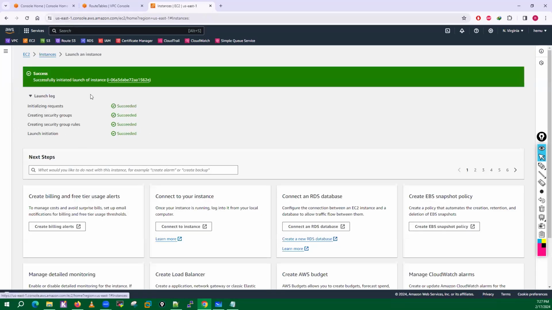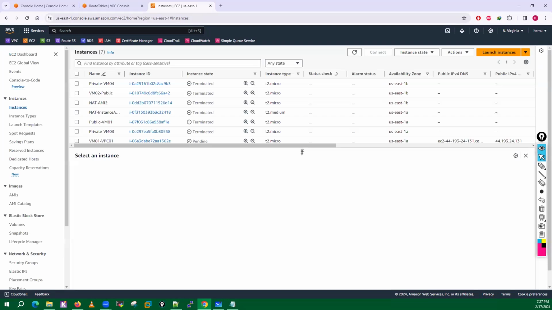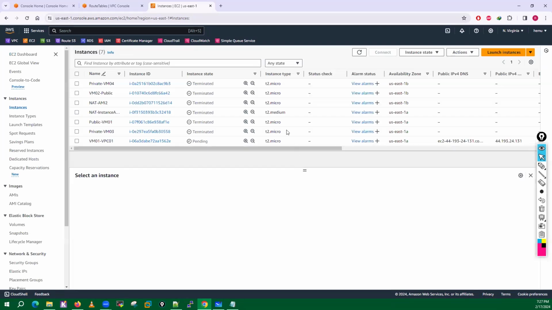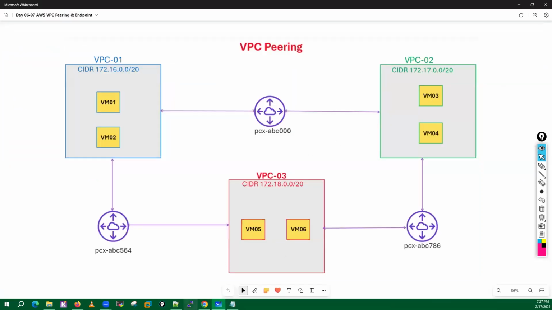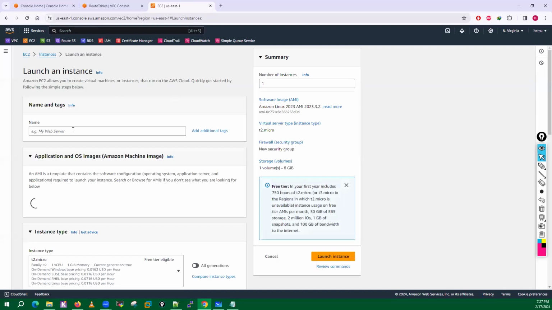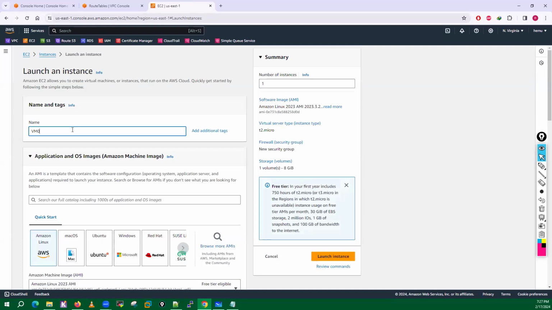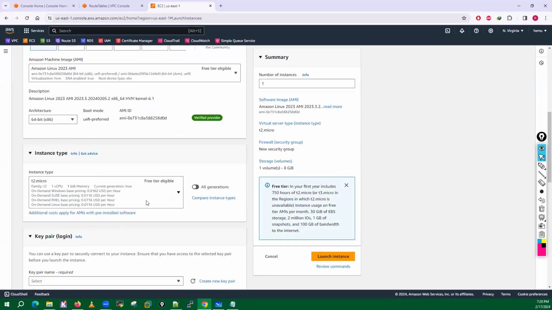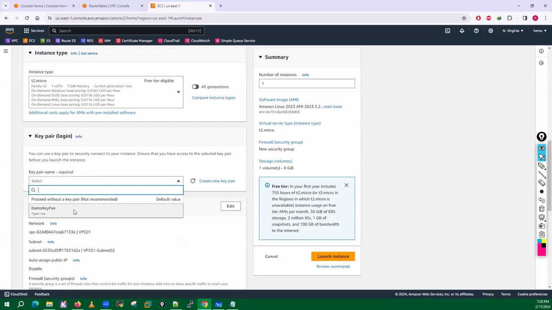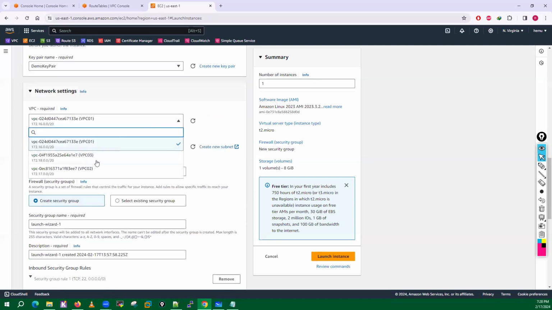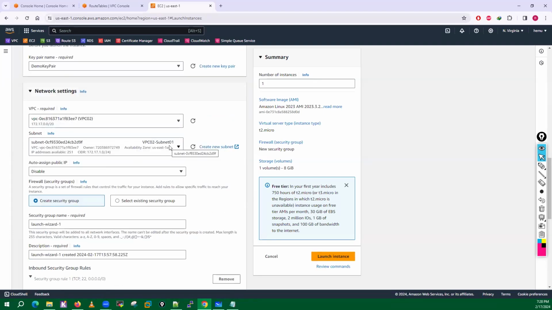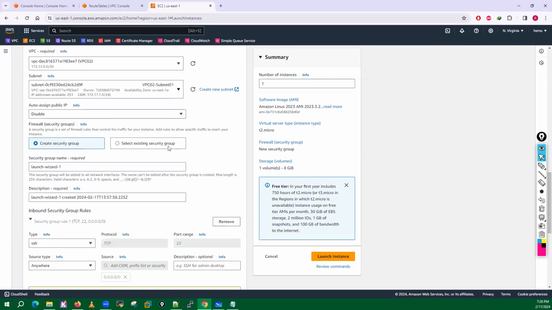So my one EC2 instance is launched, right? It is pending. Now let me deploy VM03 on my VPC2. VM03 from VPC02. Select the key pair, which is the demo key pair. I'll select my VPC2 and go with VPC2 subnet 01.